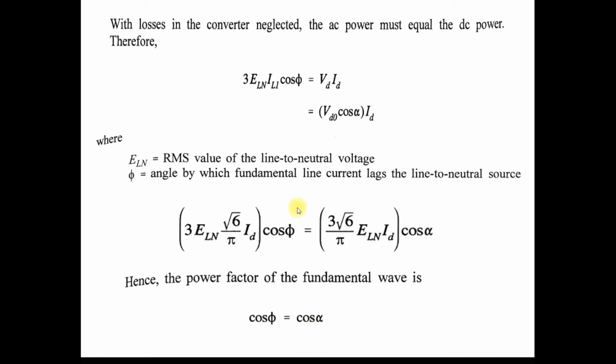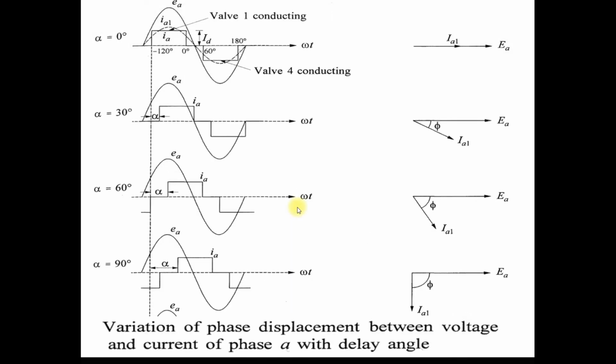So that's why, in this phase relationship, you can see that as alpha increases, the phase difference between voltage and current increases, because in proportion to alpha your phi is also increasing. Clear? Because cos phi is equal to cos alpha, it means phi is equal to alpha. So when alpha becomes 30 degrees, the phase difference between voltage and current is also 30 degrees. Clear? So as you increase the firing angle delay alpha, what will happen? Power factor decreases. Clear?